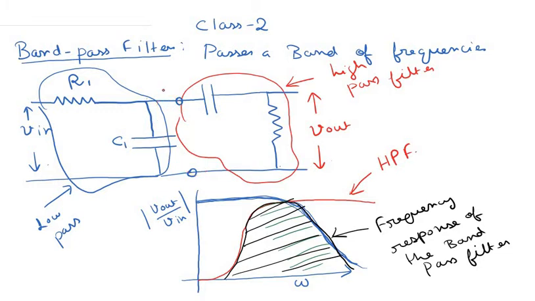Okay, so we ultimately get a band of frequencies, and let us say that the cutoff frequency of this high pass filter is somewhere here. So let us call it omega high pass, and the cutoff frequency of the low pass filter is somewhere here. Let us call it omega low pass. And for this circuit to act as a band pass filter, this omega high pass must be lesser than omega low pass. Okay, and of course you can understand why, because let me use a different diagram here.